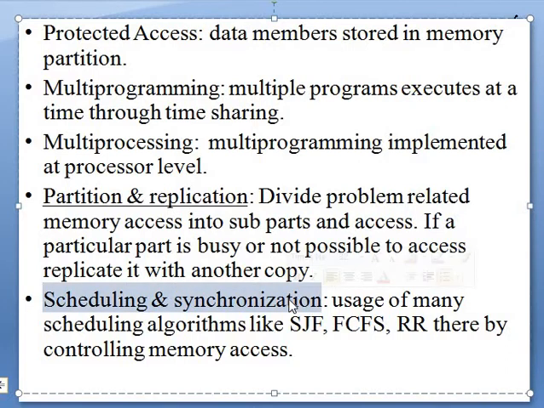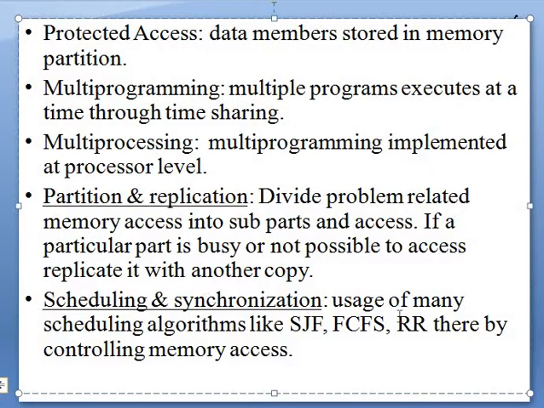Okay, next one is scheduling and synchronization. I hope you studied this in your operating system course. Process scheduling. So why should we have a scheduling process? Because resources are shared. If resources like memory and variables are shared, we should execute processes on time, otherwise deadlock will occur. And we should have synchronization among the processes. If we don't have synchronization, then we will lose the efficiency of system execution.